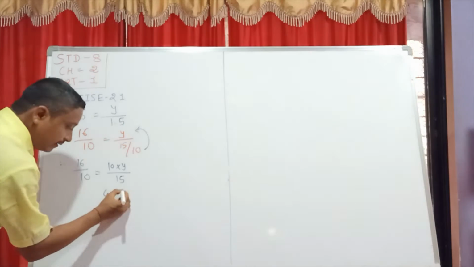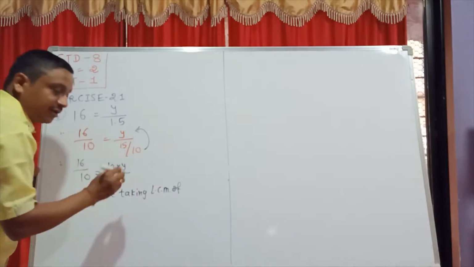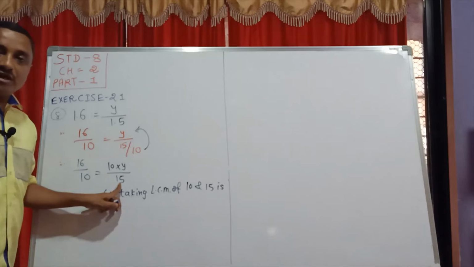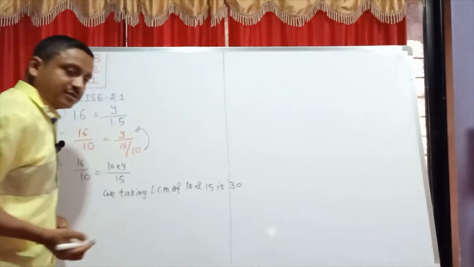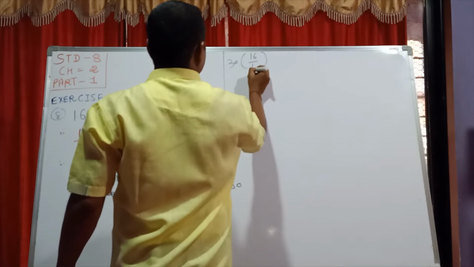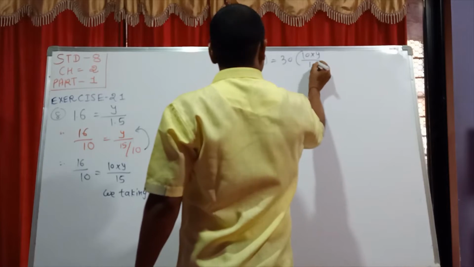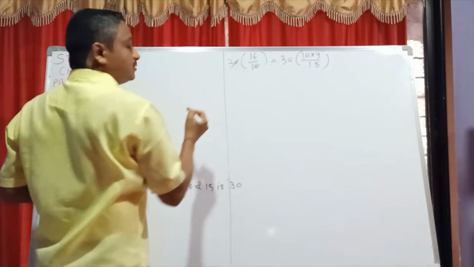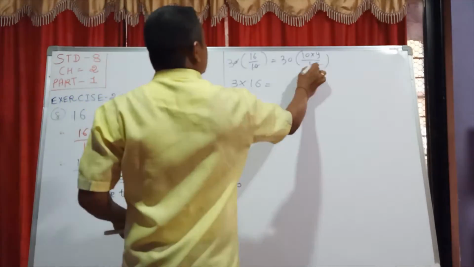Yes. We take the LCM of 10 and 15. How much is it? Either you take 150, or the next, 30. Both are correct. So here 30 multiplied in the first case 16 by 10, and next also 30 multiplied by 10 into y by 15. Now easily and happily you are done, students. Here the zeros cancel. You get only 3 into 16. Here also 15 twos are 30.